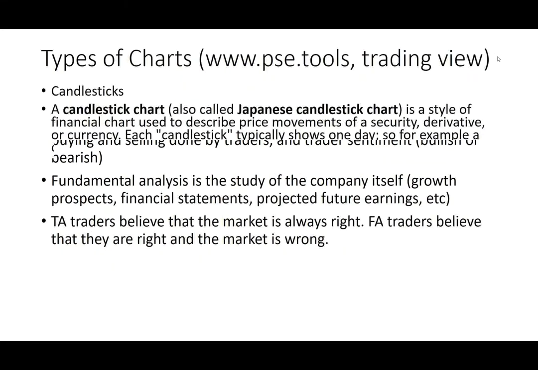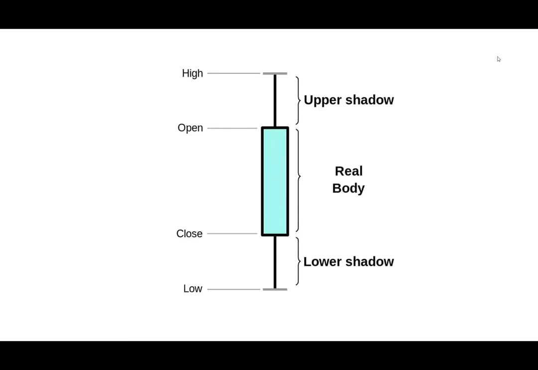Ayan. Diba sabi natin there are 4 pieces of information. The high, which is the highest price for the day. The opening price, closing price, and the lowest price of the day. The filled portion, or yung rectangular portion, we call that the body. And yung upper shadow or lower shadow are sometimes called wicks. Okay? Wicks. And then, ang belief ng iba,